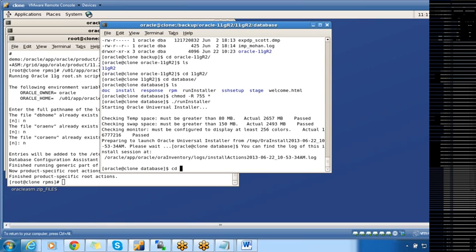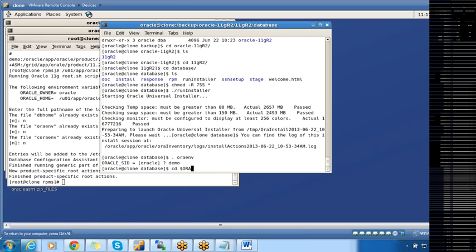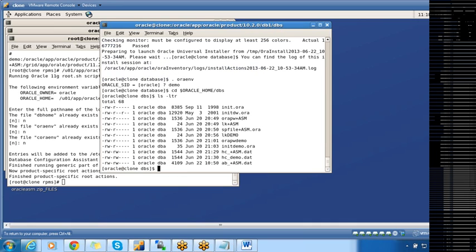First I'll set the environment to the 10G home. Here I have a parameter file, initdemo.ora.